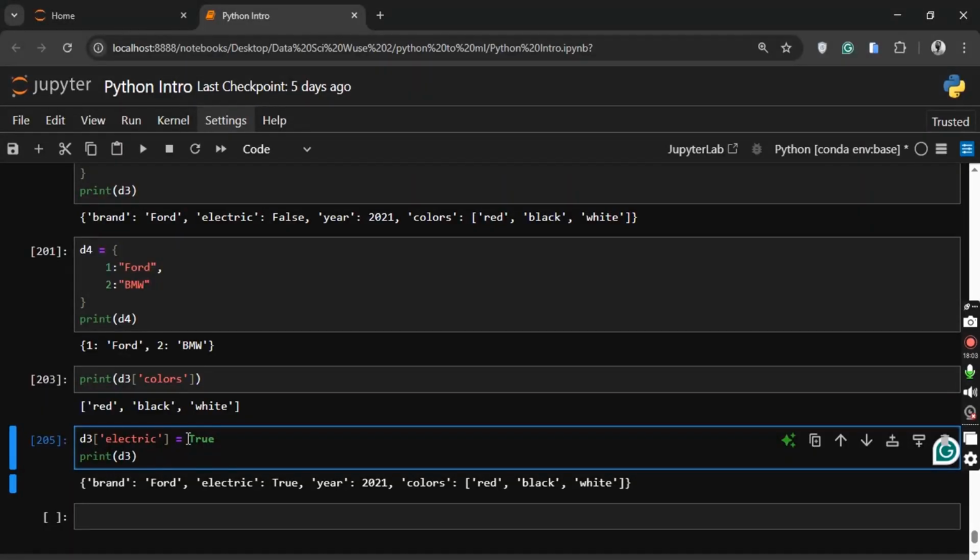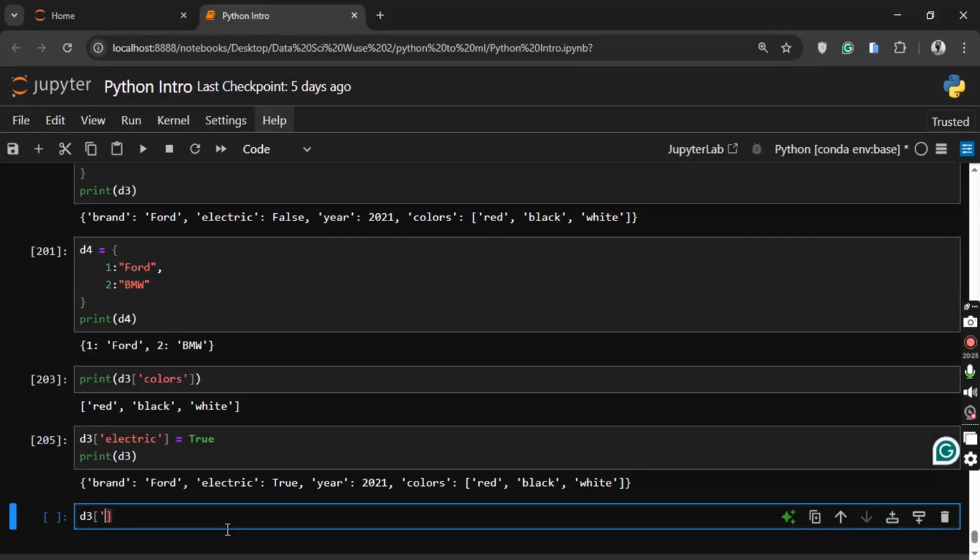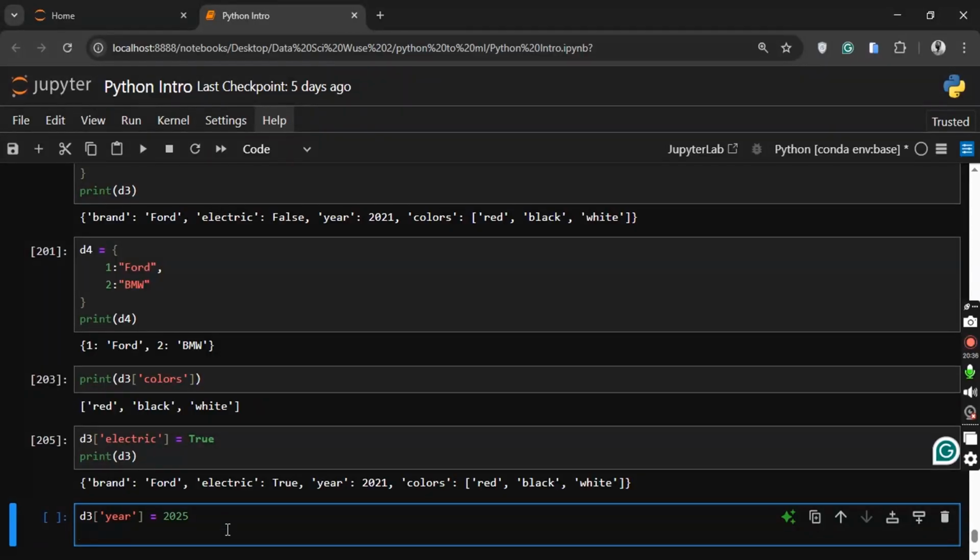similar to what we do with our lists. Like I told you, most of these things are just similar, just little changes. Our lists, our strings, our dictionary, just little changes. They're almost the same way of operation. Once you've understood one, you can grasp the other. D3 square brackets year is now equal to 2025. While we are still at this, what happens if I add a key and a value that does not